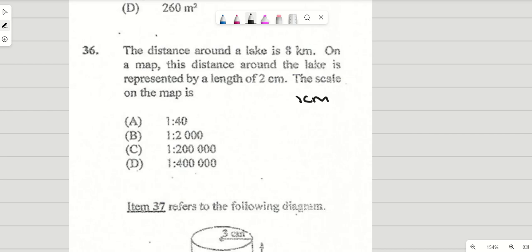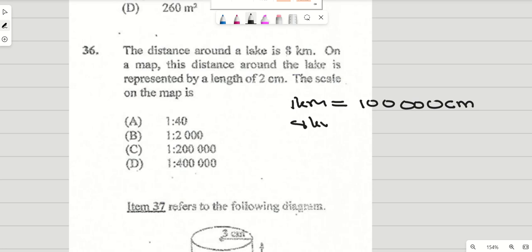1 kilometer is equal to how many centimeters? All right, so we know that 1 kilometer is 100,000 centimeters. So they want 8 kilometers. 8 kilometers would be 800,000 centimeters. Now that we have them in the same unit,